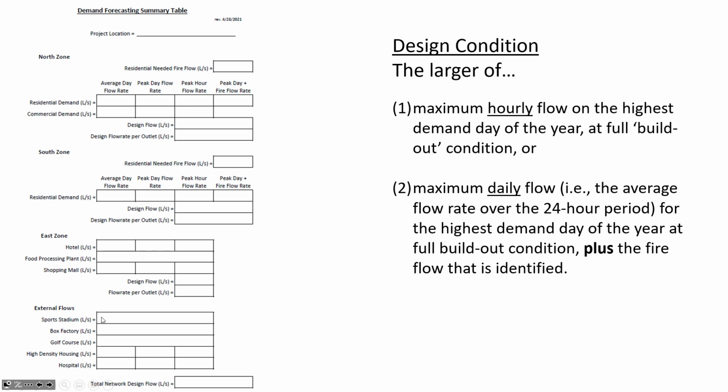So I think what you have to keep in mind is, at each of these locations, how is water really going to be used on this peak day, which is the worst case scenario that we're planning for. We want to make sure that the pipes are big enough to deliver water everywhere in this city when it matters the most, which is a day where there could potentially be a fire. It's a really hot day. They're watering the golf course. The box factory is going. People are at the shopping mall. The food processing plant is operating. Everything's happening all at once. We want to make sure that we can maintain at least 240 kilopascals throughout the network during that design condition.